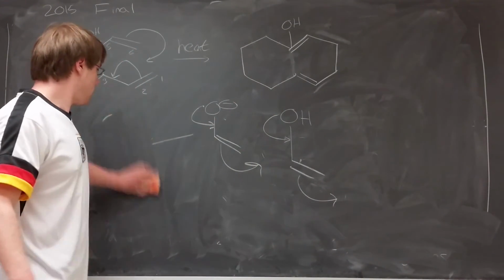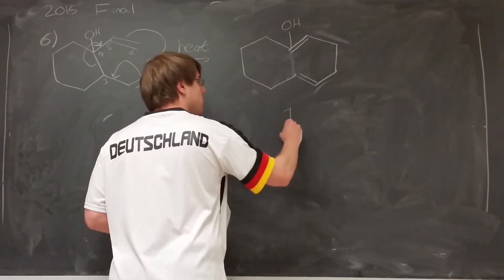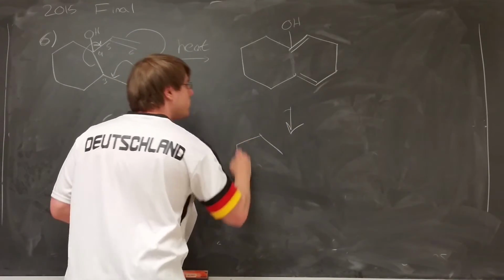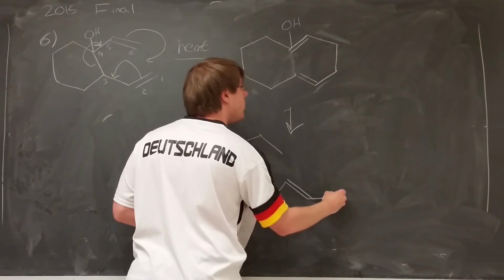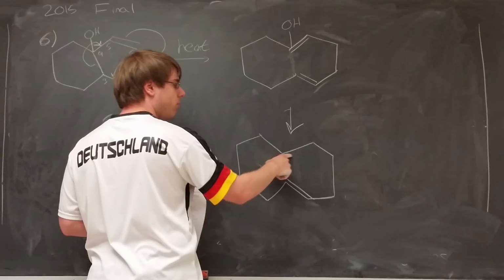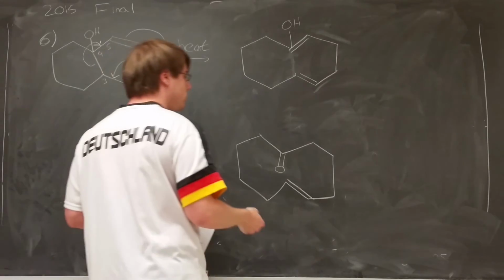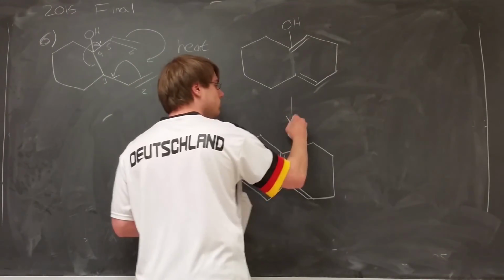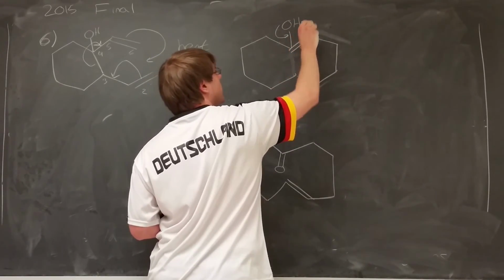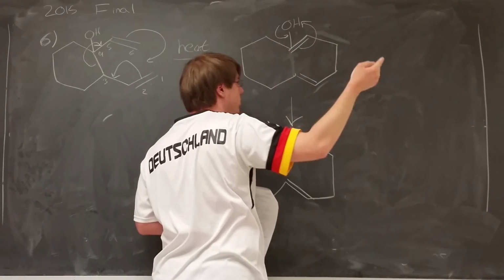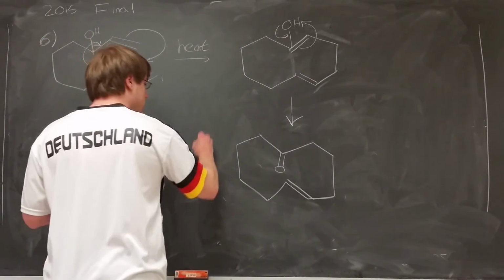Which means the final answer of this was actually choice B, because what you get is 1, 2, 3, 4, 5, 6. This double bond isn't anywhere near an OH, so it stays the same. But this double bond is now gone, and there should be a double bond O on it, because they've tautomerized. So what happens is this swings down, this goes out and grabs the proton. It doesn't have to necessarily be this one, but it's grabbing some proton and this OH is getting deprotonated somehow. But you end up with a double bond O there, and that gives you choice B